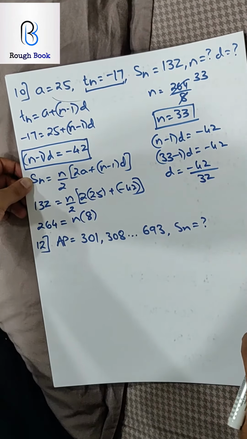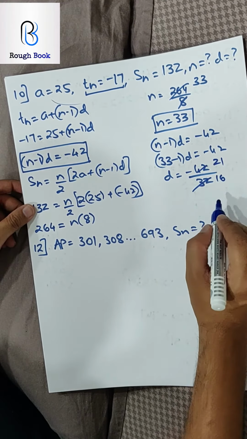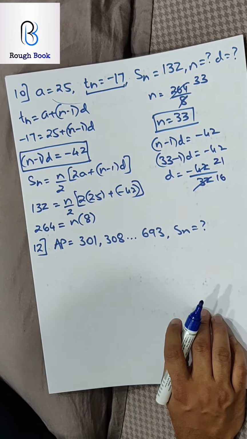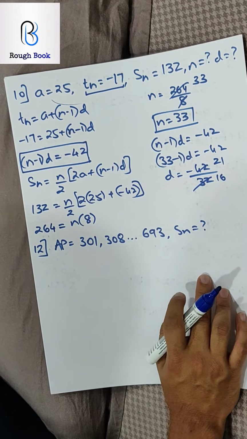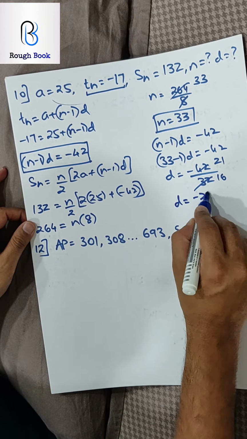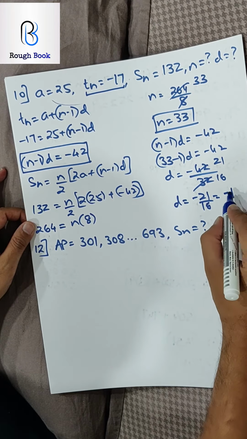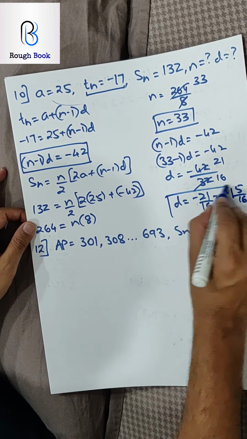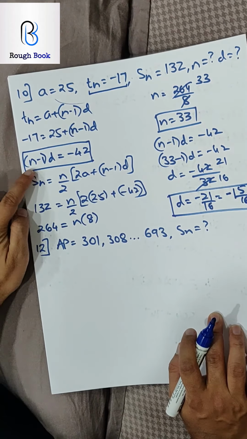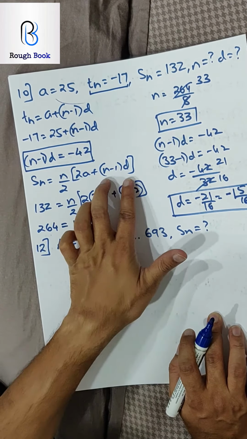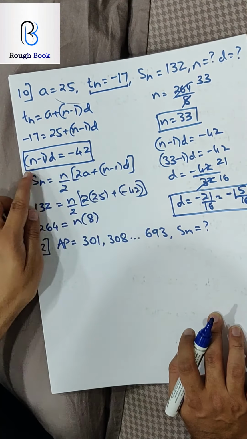Are you with me till here? Super. Cancel it. 2 16s are, 2 21s are. Does it cancel further? I don't think so. So that should be my final answer for sum number 10. Yeah, it's slightly unusual, but it is correct. You can leave it in mixed fraction also if you want. So minus 1, 5 by 16 is what your d should be. And the rest is here. So we used Tn. The smart thing was we took this and substituted it here. And then we got n, and then finally we got d by substituting n in this.